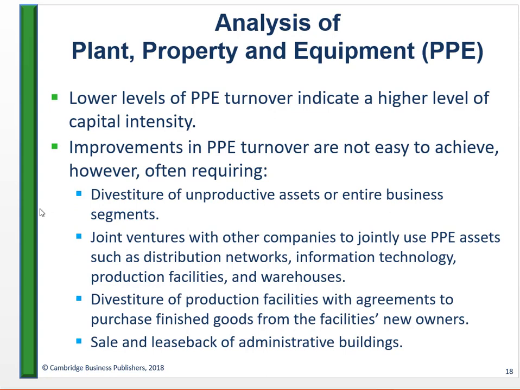Property, plant, and equipment. Another one of the ratios that foots to productivity. We're looking for more dollars worth of sales generated from each dollar's worth of property, plant, and equipment that we have invested and reported on the balance sheet. So what we like to see are companies that can drive a tremendous amount of sales from very little property, plant, and equipment. That's going to lend itself to higher profitability, higher return on assets, higher return on invested capital,